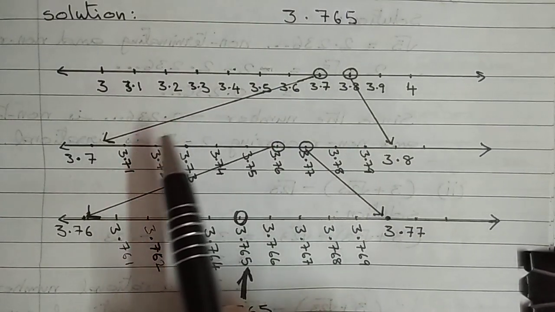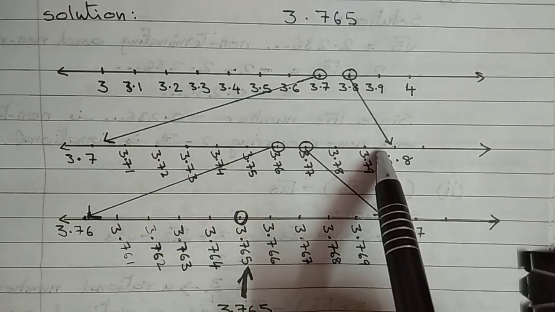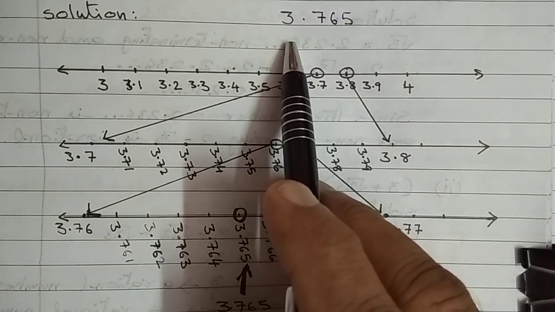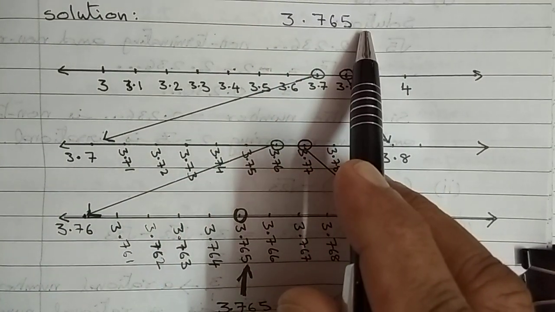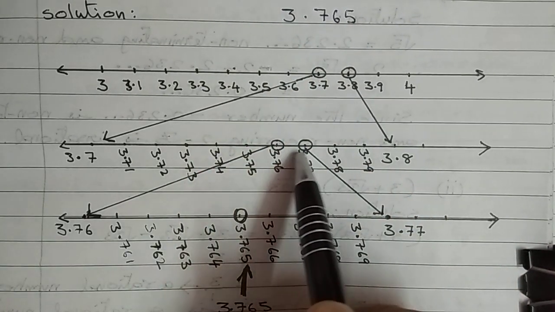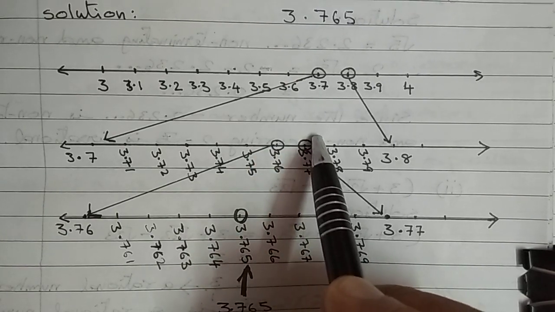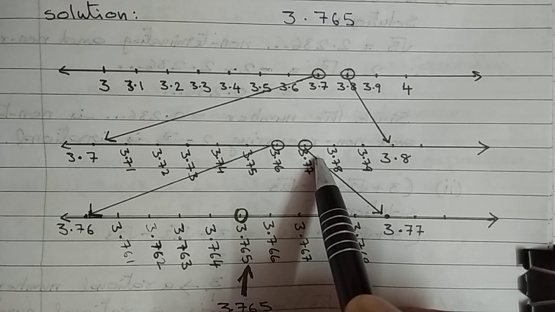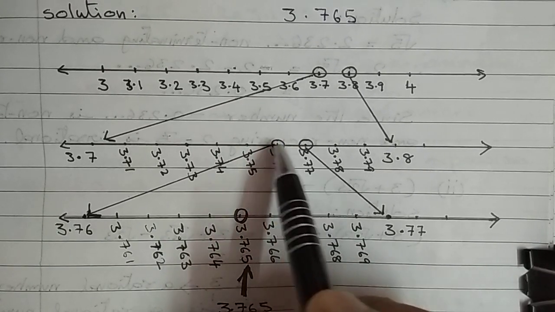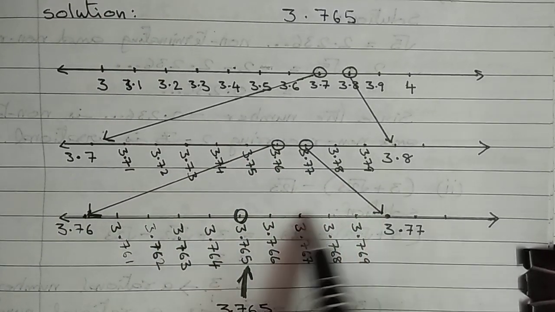And 3.765 is between 3.7 and 3.8. Now again, looking at the number 3.765, we know that it is between 3.76 and 3.77. So we circle these points 3.76 and 3.77, and the portion in between 3.76 and 3.77 is enlarged in the next number line, and we start